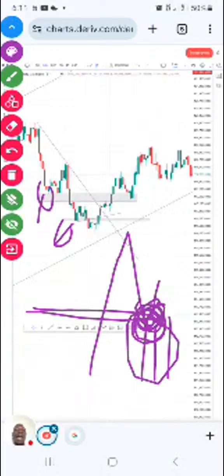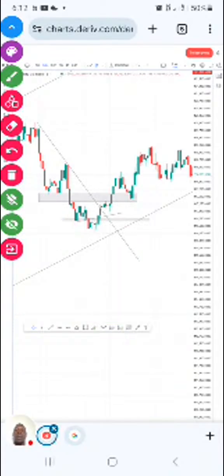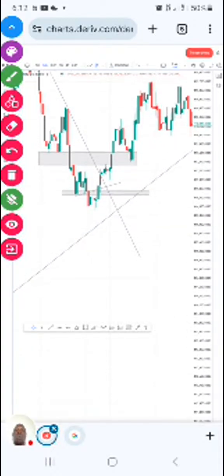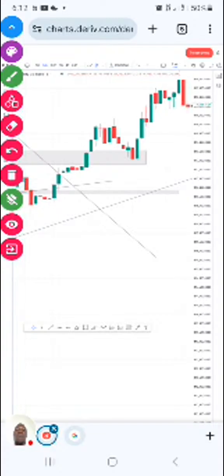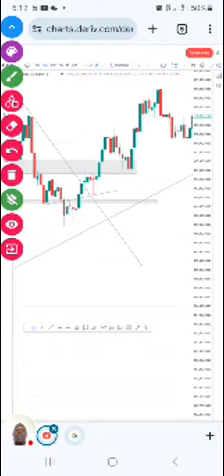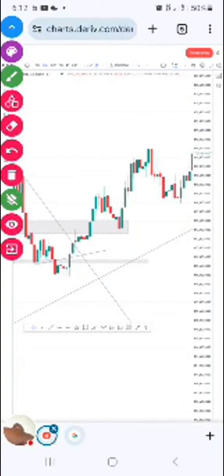There is morning star and bullish engulfing. There is hanging man and inverted hammer or hammer. Those candles are the ones which work best with this scalping strategy that I'm teaching you. All right, so after identifying that and confirming that we have got one of those candlestick patterns, it's your time to